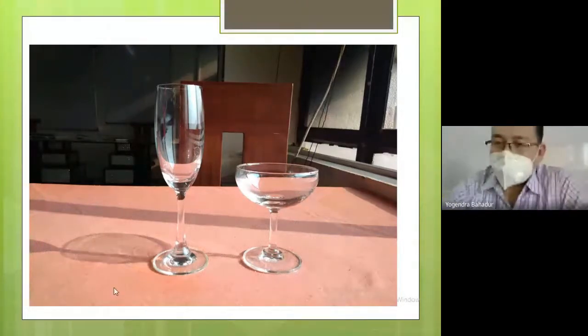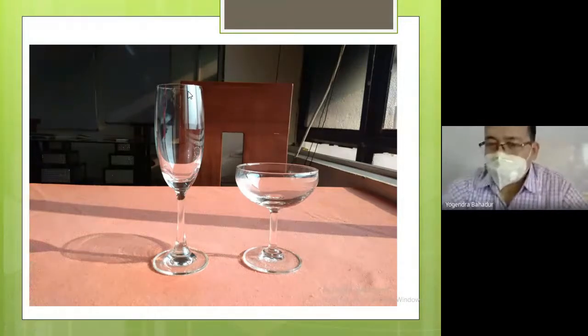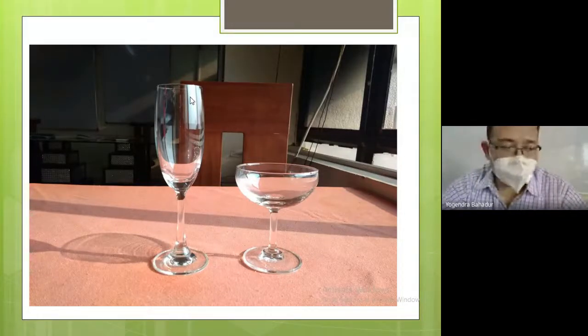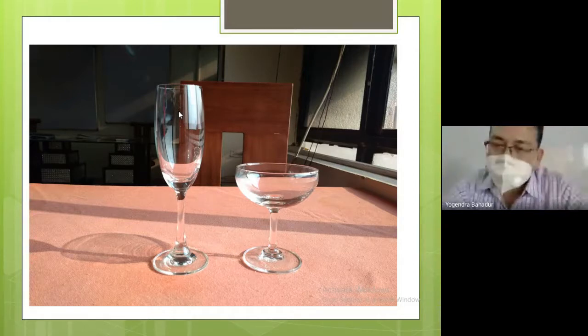So there is a picture in front of you. The left one is known as champagne tulip. Champagne, how do we spell champagne? CHAMPAGNE, where the G is silent. It is called champagne. Champagne is a type of sparkling wine. Sparkling wine means it has fizz in it, having CO2 in it, just like your cold drinks, just like when you are having Coke or Limca. Fizz and bubbles will be there inside.